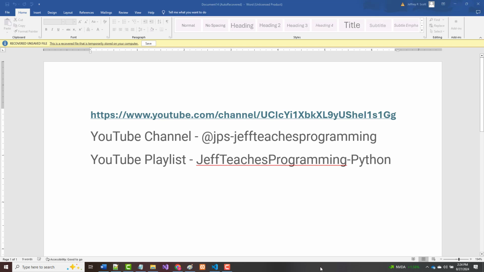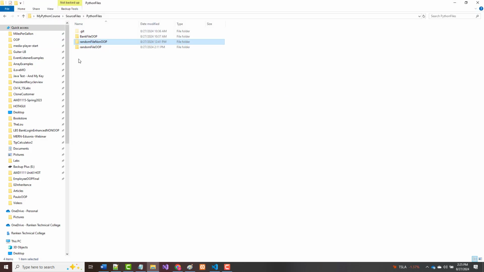Previously I wrote a program where 25 numbers were generated between 0 and 100. If the number was 0, it got put into a counter that went into a file called 0.txt. If the number was even, meaning it is evenly divisible by 2, I took the number and put it into a file called evens.txt and added to an even counter. For zeros, I do have a zero counter. And for odds, I'm doing the same thing, but with odd. But I wrote that in a procedural way, and I want to rewrite that now, or try to, as an object-oriented program. So I'm going to go back to my non-OOP example here,